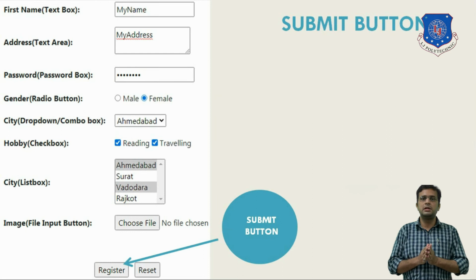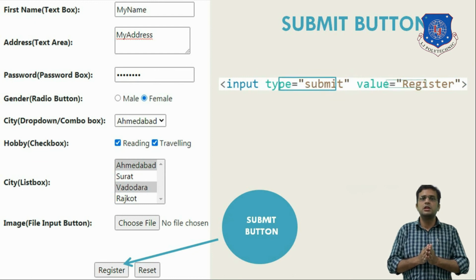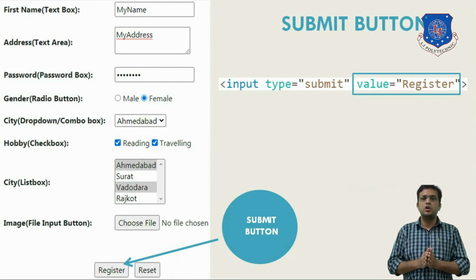To create a submit button, the same input tag is used. You have to set type property as submit and that will create a submit button. To change the caption of submit button, you can use value property. So here I have set the caption of submit button as register.